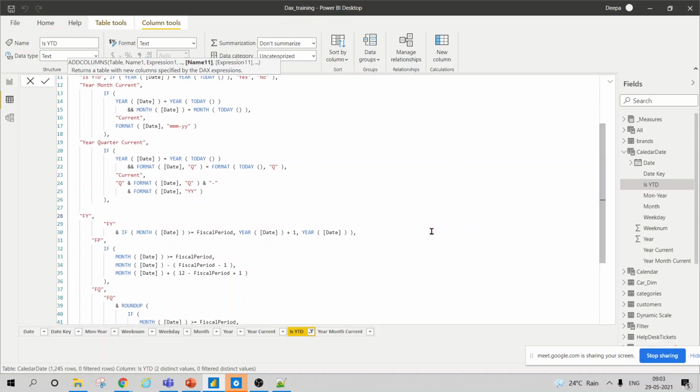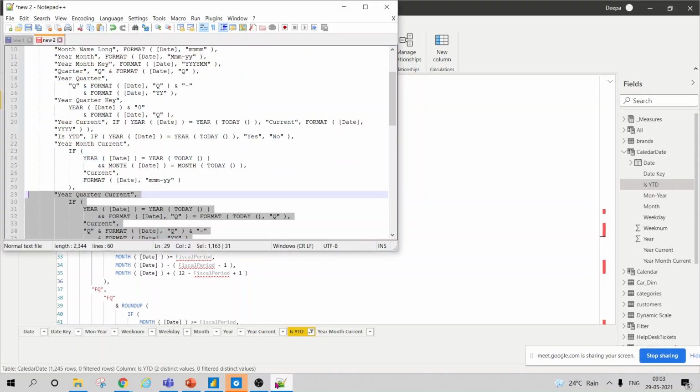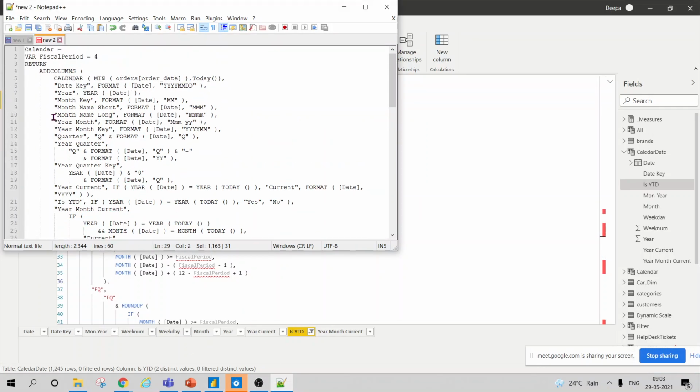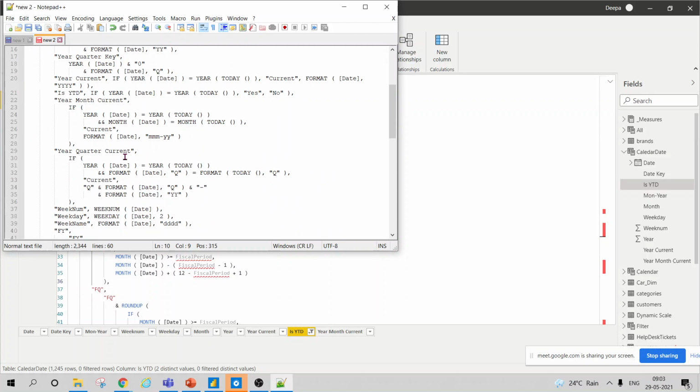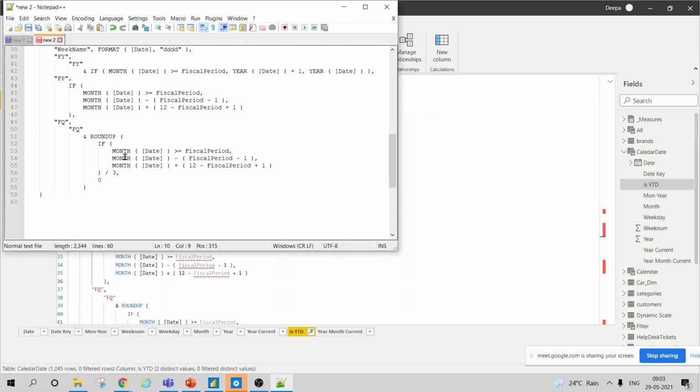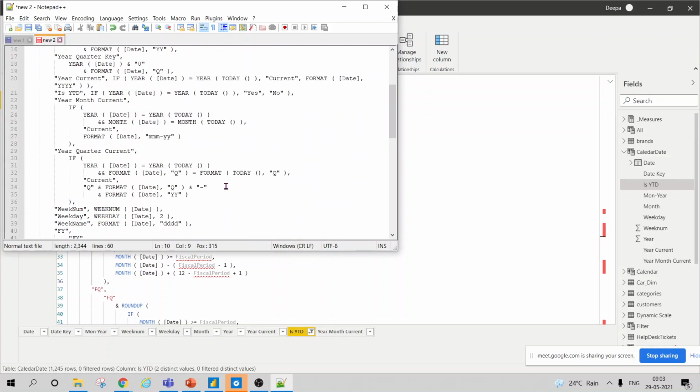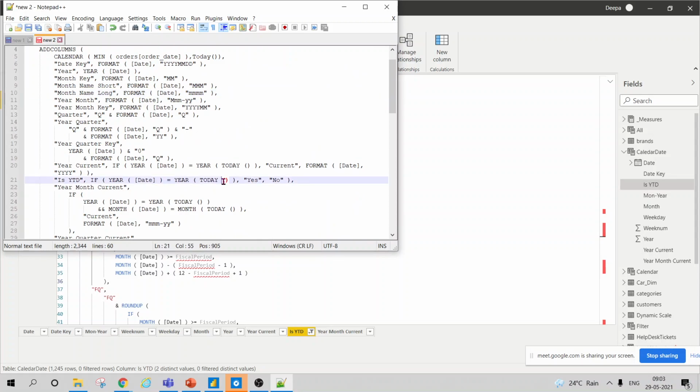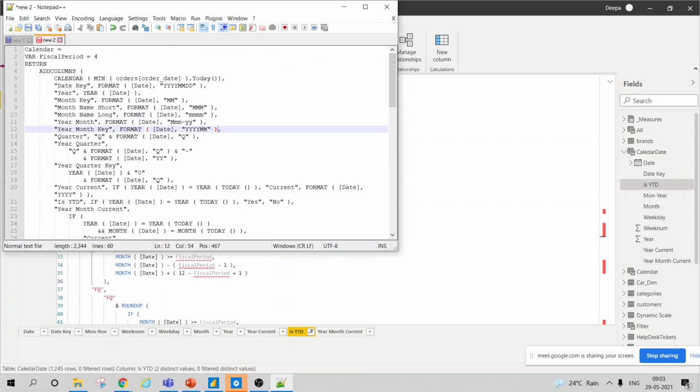In that case it will check those functions. We'll also work with the fiscal period function I have written here.